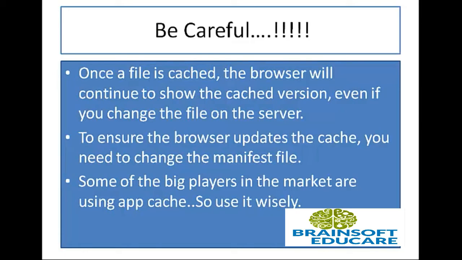As every coin has two sides, cache is no exception. Once a file is cached, the browser will continue to show the cached version even if you change the file on the server. To ensure the browser updates the cache, you need to change the manifest file. So keep in mind that some of the big players in the market like Facebook are using the app cache. So you need to use it